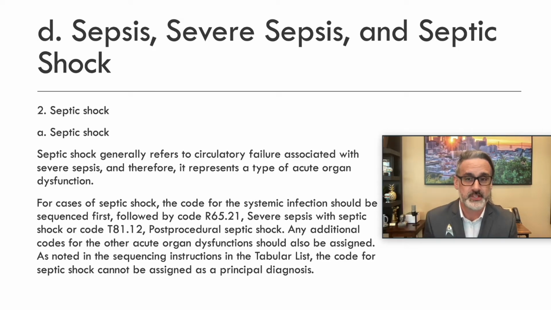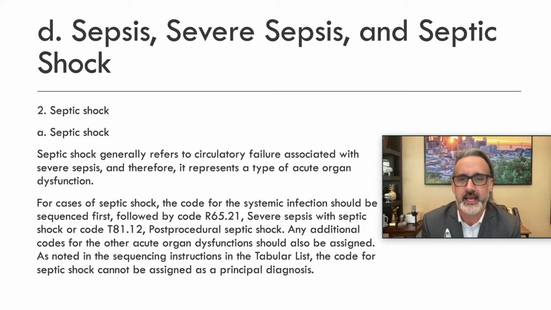For cases of septic shock, the code for the systemic infection should be sequenced first, followed by the code R65.21, severe sepsis with septic shock, or code T81.12, post-procedural septic shock. And additional codes for the other acute organ dysfunctions should also be assigned. As noted in the sequencing instructions in the tabular list, the code for septic shock cannot be assigned as a principal diagnosis. So translating these guidelines,